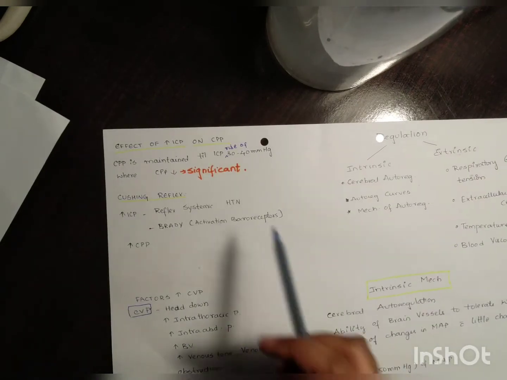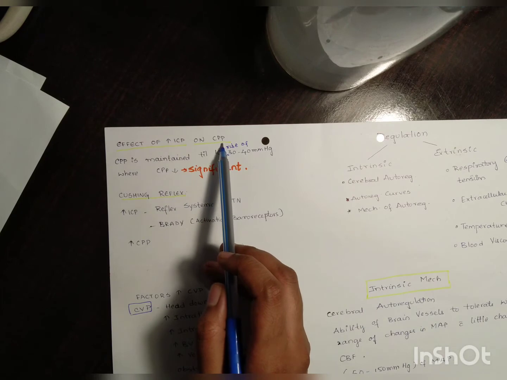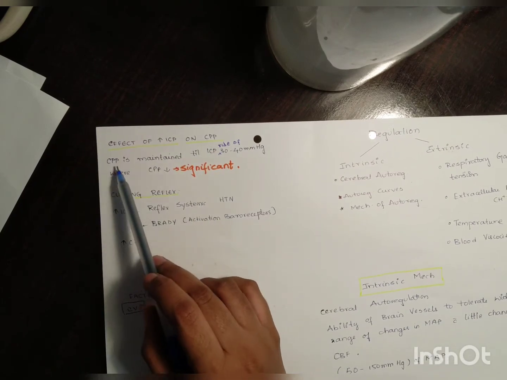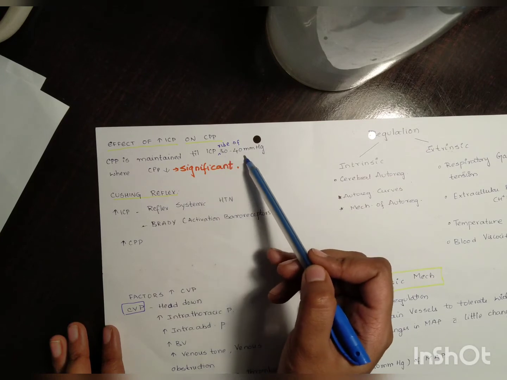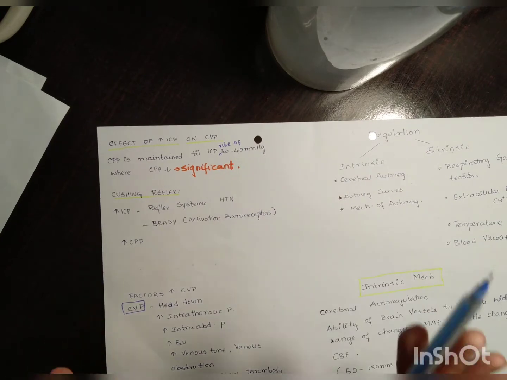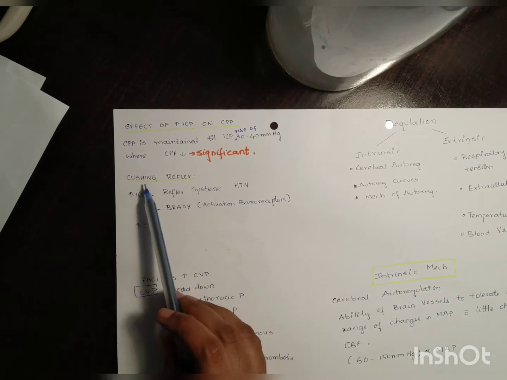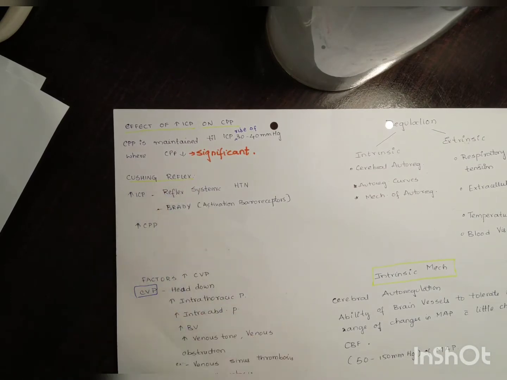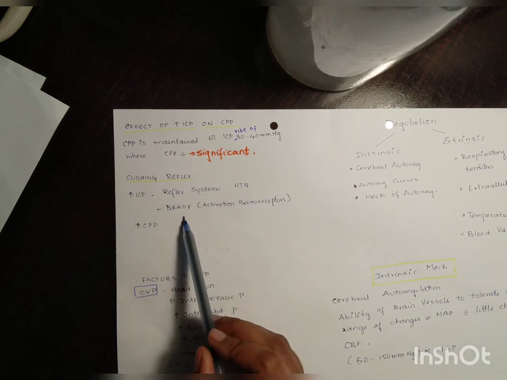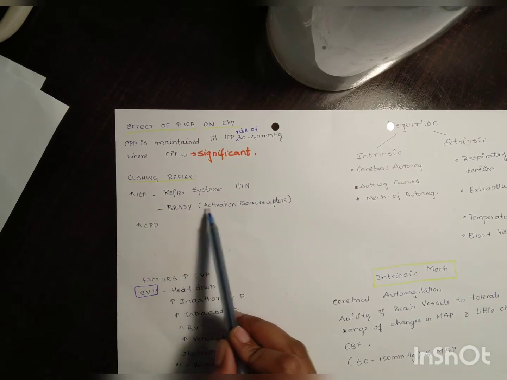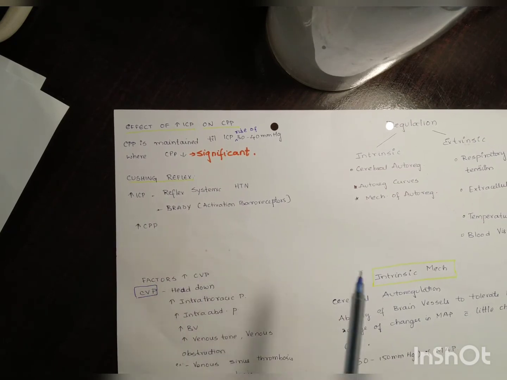Now let's see the effect of increased ICP on CPP. The perfusion pressure is usually maintained till the ICP rises to around 30 to 40 mmHg, where it is significantly decreased. You can also see the Cushing reflex, where any increase in the ICP causes a reflex systemic